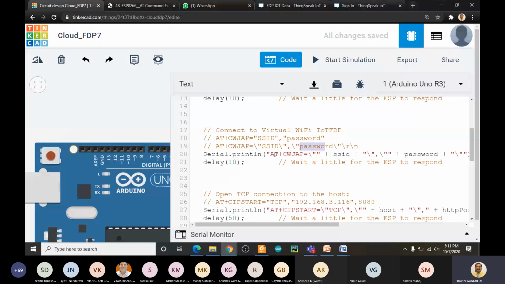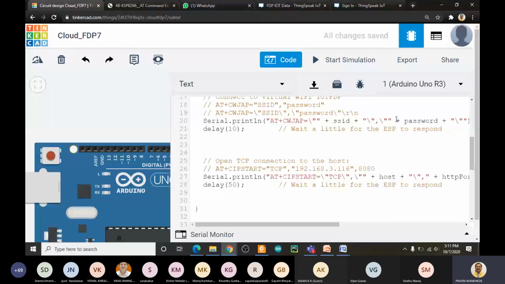This is the string AT+CWJAP, and then another string added here, that is the SSID, this one, and then we have a password. That is the same thing that we are sending here.